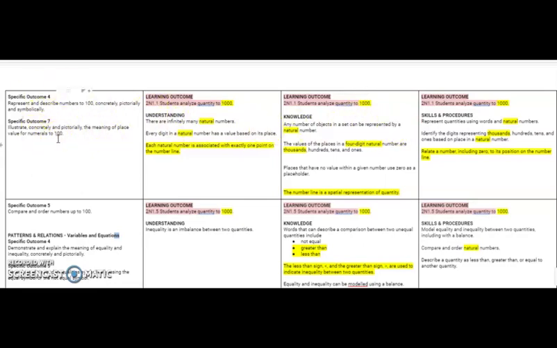Don't forget that the yellow highlighting indicates something that is new, but it also indicates something that was not previously explicitly stated in the previous curriculum. So you'll notice in this case, number line is highlighted in here. You may have taught using number lines, but because it wasn't explicitly required in the previous curriculum, it was highlighted here in order to make sure that teachers saw that it is something that is an explicit requirement at this